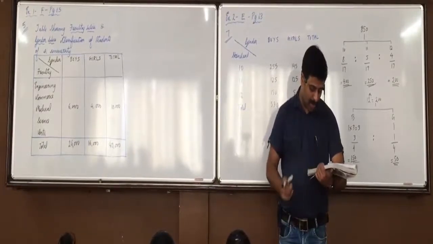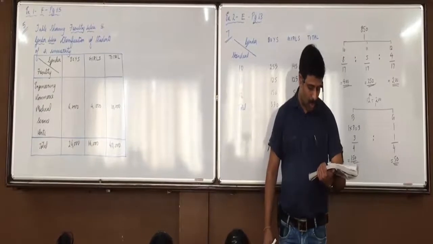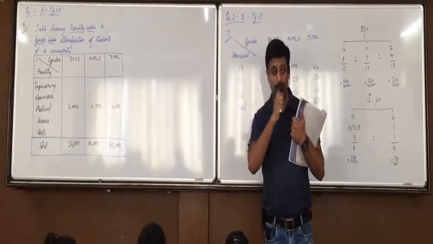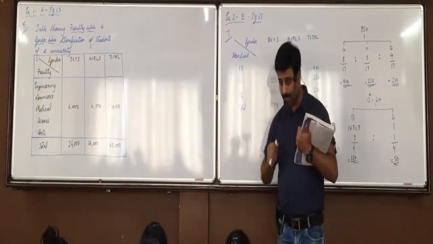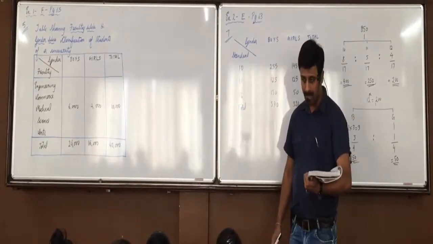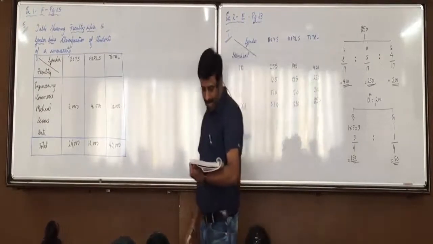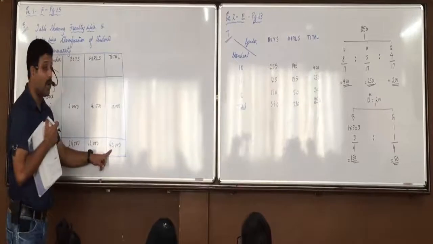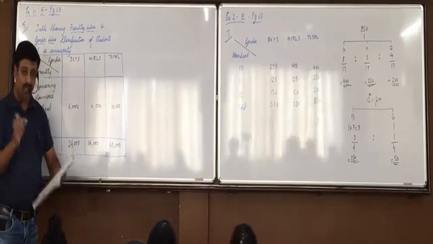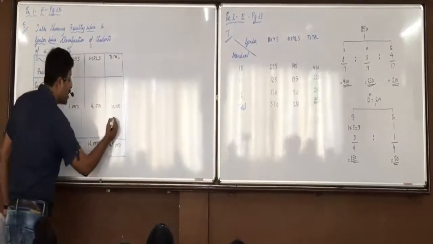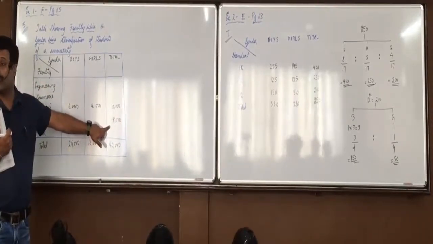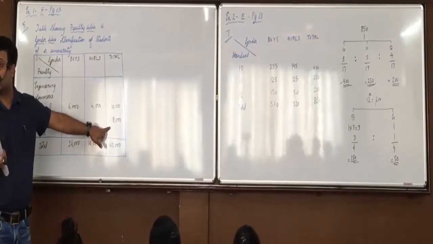20% of total number of students in the university belonged to the faculty of science. So, 20% of total number of students. Yes, be attentive. So do 40,000 into 20 and plus percent. What do you get? That is the total number of students of science faculty. So in science, total write 8,000. Raise your hand who is not there by 8,000 science total. Everyone is there by 8,000 science total.